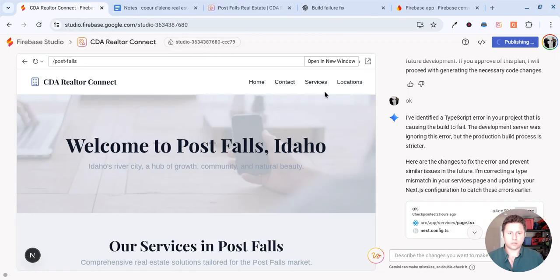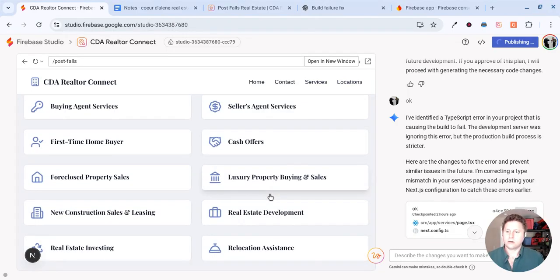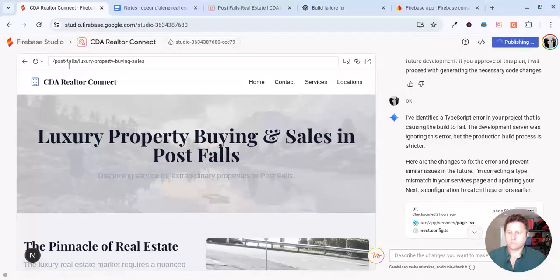looks like this. So we've got our locations, right? We're in Post Falls, Idaho right now. And then if we click on luxury property buying and sales, we see Post Falls, then luxury property buying and sales. So this keyword is actually a Google business listing category, and that's what we're trying to do is match